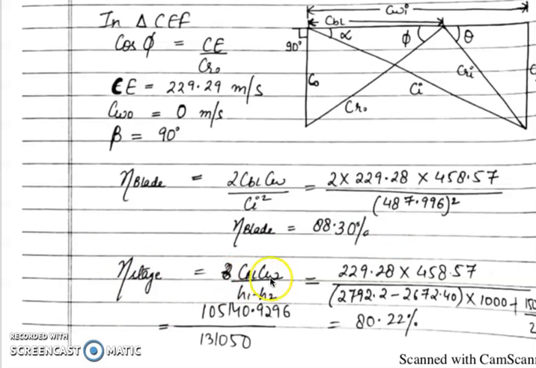And for the stage efficiency, we have the formula as CBL Cw upon H1 minus H2. So we have CBL, Cw, H1, H2, but with H1 and H2 we will also take 150 square by 2, because this is also an input to the stage, because the steam is having this velocity of 150 meter per second at inlet. So this is also an input to the whole stage of the turbine, and hence this will be included. So the division will give the efficiency of the stage as 80.22%.